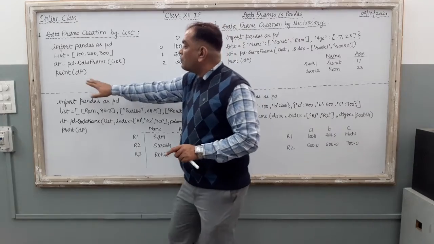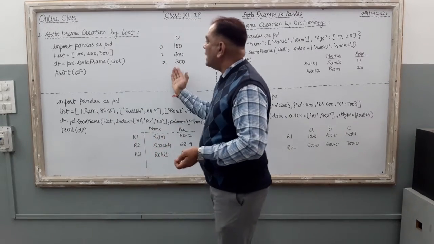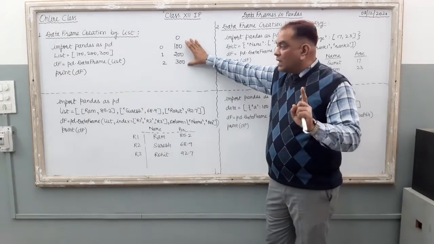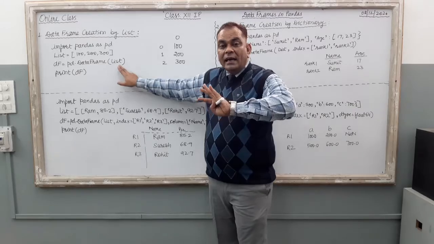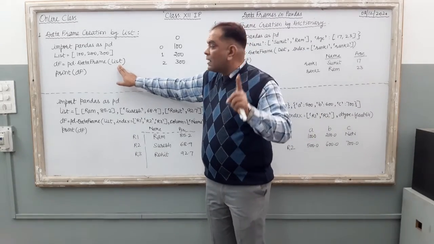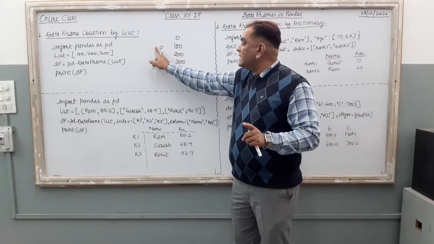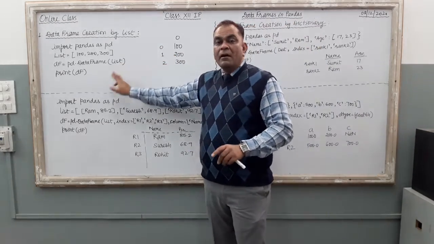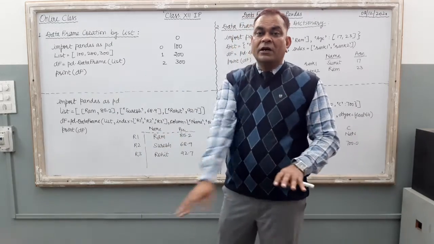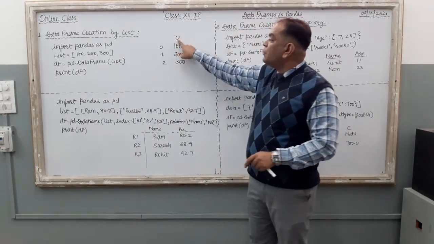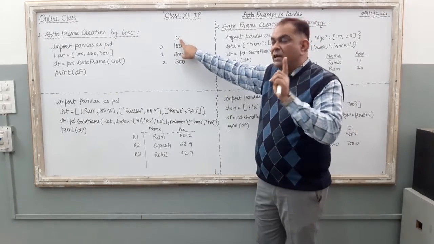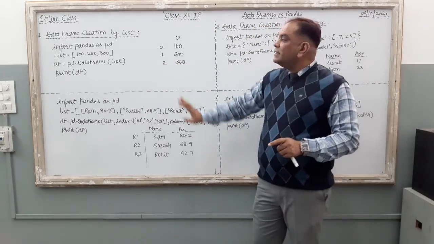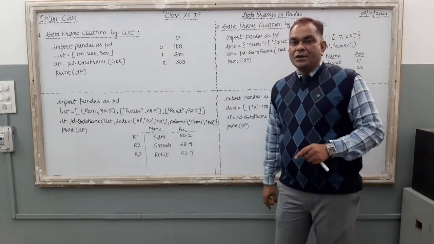So what will be the output now? If you want to print this data frame, just see the output. 100, 200, 300. These are the data items. Now here we did not supply the index, so the computer puts the row index by default 0, 1, 2. These are the default indexes. In this data frame, we did not supply the name of the column also, so the computer puts 0 over here. 0 is the name of the column. It is known as 0th column, 0th row, first row, second row. Right? This is the data frame creation.